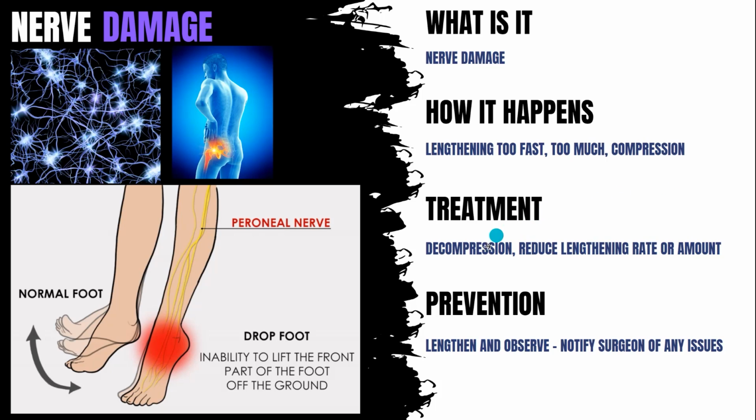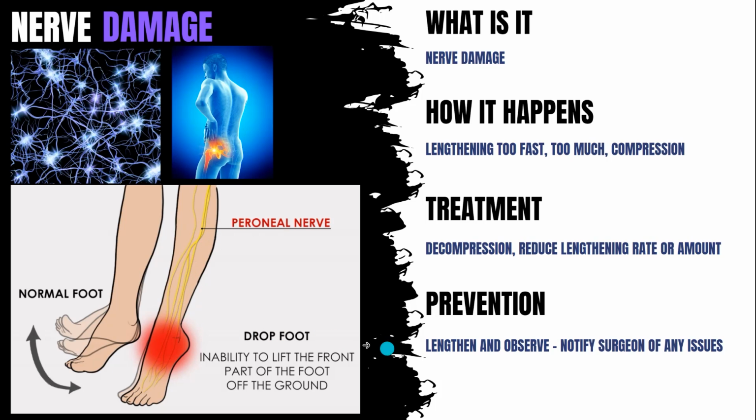There is treatment out there, such as decompression. For example, in tibial lengthening, there's the common peroneal nerve that branches off of the sciatic nerve, and it wraps around near this fibular head, on the lateral side of your lower leg. This is a tightly confined space, so the surgeon will go in prophylactically, meaning intraoperatively during surgery, and release the area around there so they can let the nerve breathe and have better breathing room, so that when you're lengthening, it doesn't get tugged on and snag around that area and lose functionality